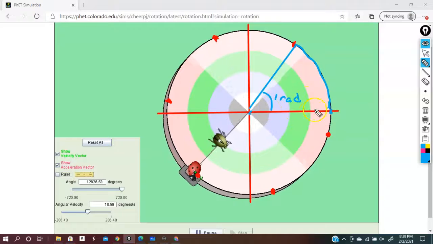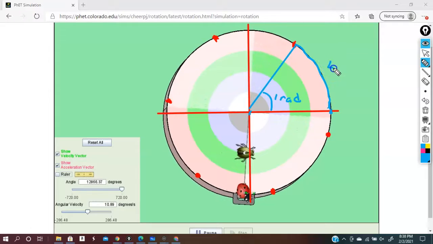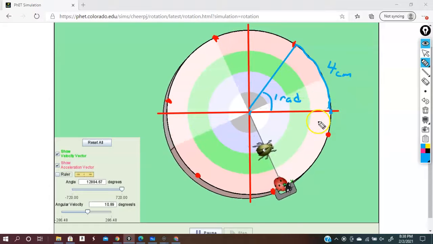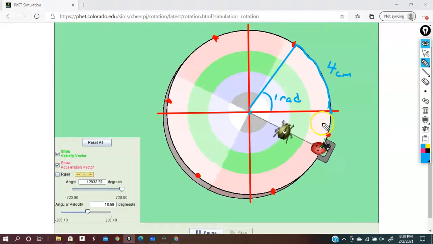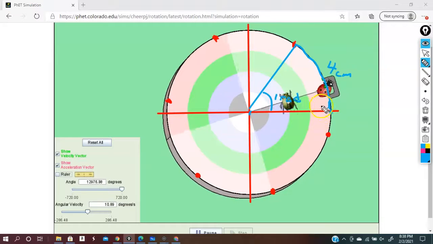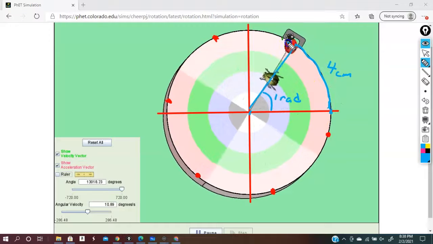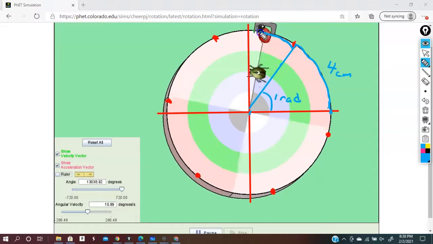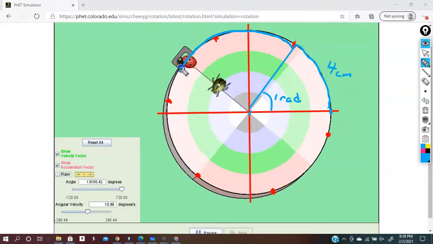If I know that this is one radius, 4 centimeters, and I know that the length that beetle travels in one radius is 4 centimeters, then converting that into a distance, sometimes called a translational distance or displacement instead of rotational, is going to be easy. For example, if I keep going with this ladybug, let's say I go 2 radians now, and maybe I'm going to go to